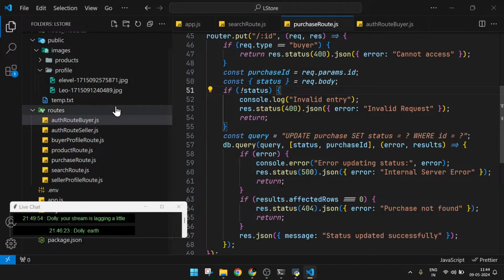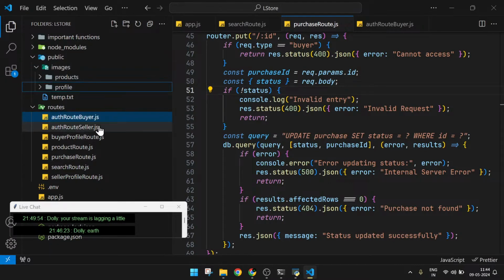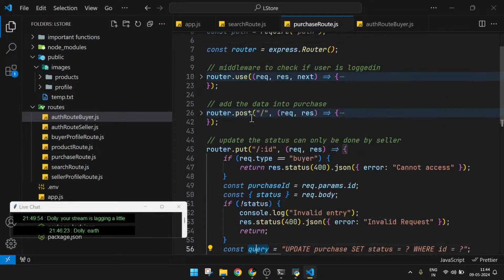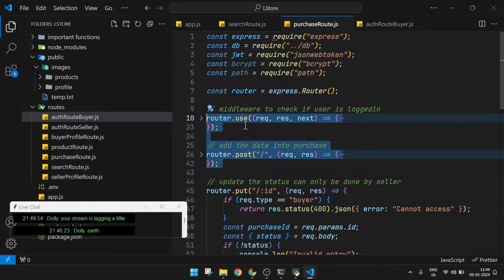Okay, so up till now this is the update of the project. I've added these routes like product route, purchase route, etc. This product route is for the buyer to update the product, edit, delete, add, etc. And this purchase route I'm creating is for like if